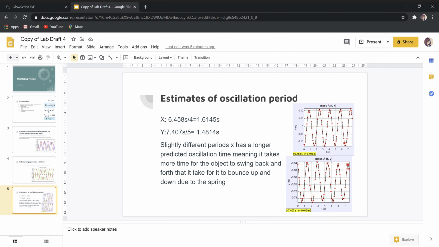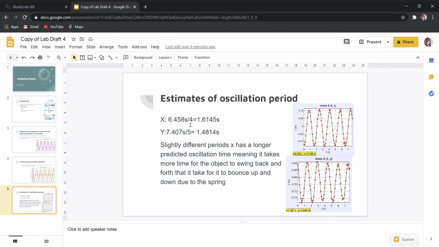Then what were our estimates of oscillation period? Now from Tracker, I could do an estimate of an oscillation period by tracking periods, and to get a more accurate measurement, instead of just doing one period, I would do multiple and divide by the number of periods. So for X, I observed 4 periods